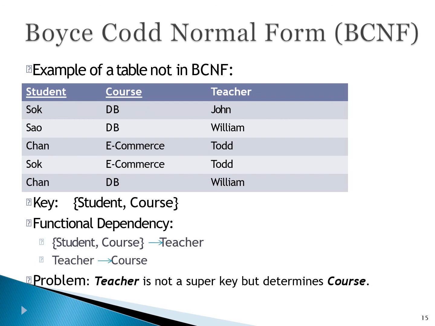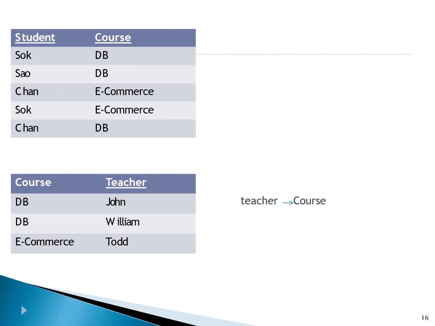So in this table we can see that student and course is a concatenated key, which is the primary key, and in these two functional dependencies, teacher is functionally dependent on student and course. But in case of the second dependency, course is functionally dependent on teacher, which is not the key or a super key here. So this table is not in BCNF. We need to convert it into BCNF. So after splitting these tables, we get these two tables, and we have removed that anomaly here, thereby making teacher a primary key. So now both these tables are in BCNF.